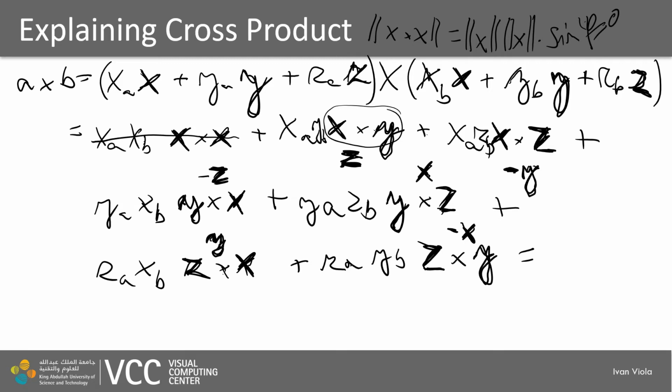So ZYA, ZB is minus ZA YB, these are the values for the x coordinate of our new vector, plus